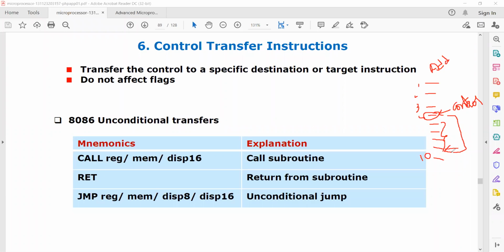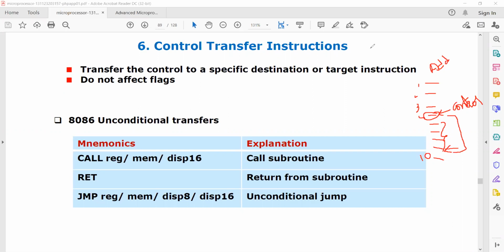In some looping instructions or in some conditional cases, we have to exclude the execution of some instructions. So when such a necessity comes, we use these control transfer instructions. Let us now see what different control transfer instructions we have. Hope the concept is clear to you.